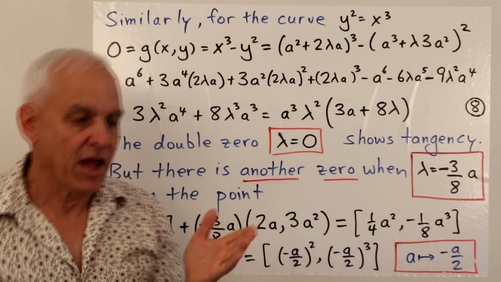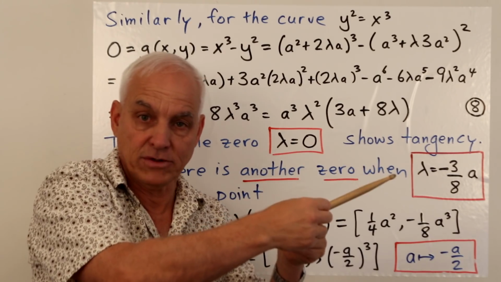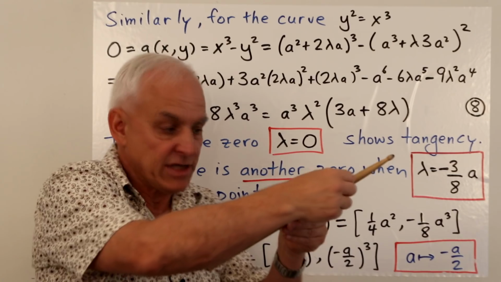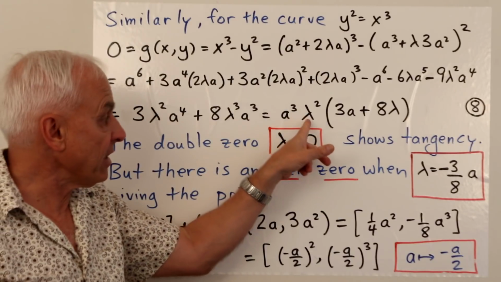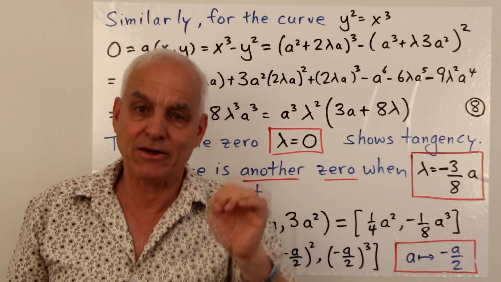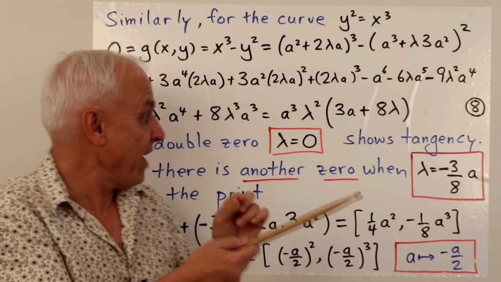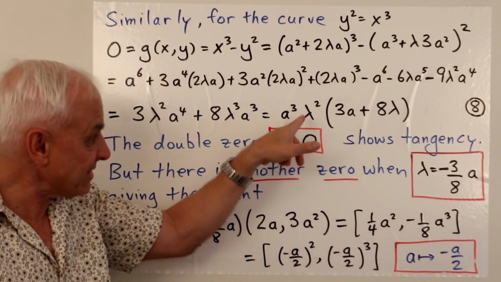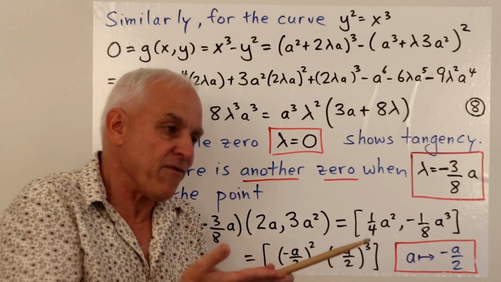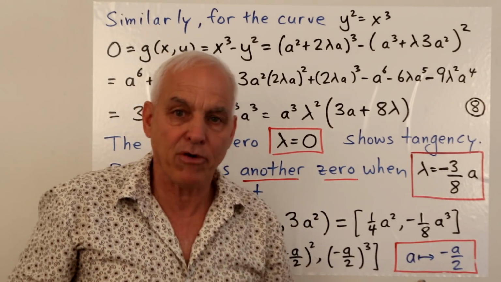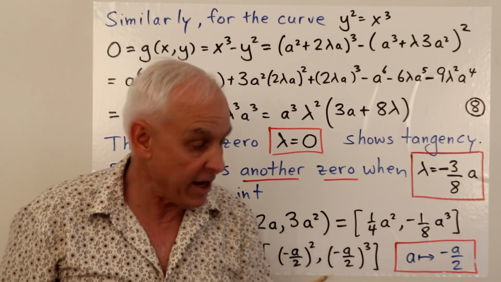Okay, so what is this telling us? We're looking for an intersection between this potential tangent line that we found, which was parameterized by lambda, seeing when it actually hits the curve. In other words, when this thing is 0. And we see that there's a double 0 at 0. The actual point when lambda is 0, which is the initial point that we're starting with, (a squared, a cubed), that is a double tangency. That lambda squared there is telling us that. Right? So that line that we found with the infinitesimal approach really does satisfy the algebraic condition that we want a tangent line to have.